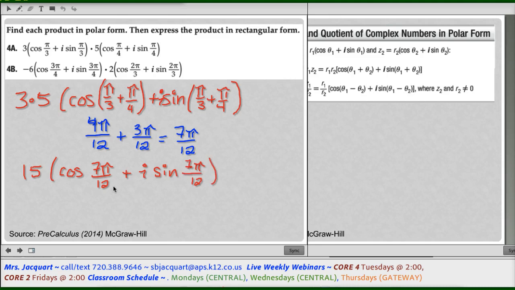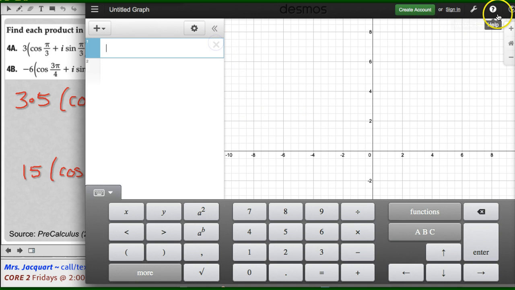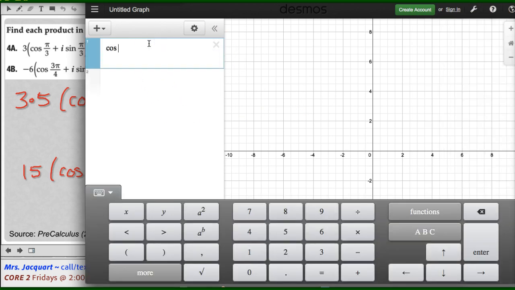Now if you want to, you can do those additions by hand, but I'm not going to. I'm just going to use a calculator. Make sure you're calculating this particular problem in radians. So we're going to click to radians, and let's do cosine 7 pi, I'm just typing pi, divided by 12, parentheses, 7 pi divided by 12. There we go. So this is 15 times negative 0.2588